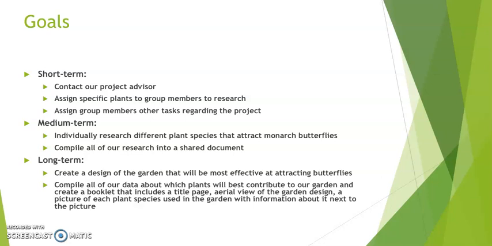Our short-term goals were to contact our project advisor, assign specific plants to the group members to research, and assign group members other tasks regarding the project that needed to be completed. The medium-term goals were to individually research different plant species that attracted monarch butterflies and compile all of our research into a shared document. The long-term goal was to create a design of the garden that will be most effective